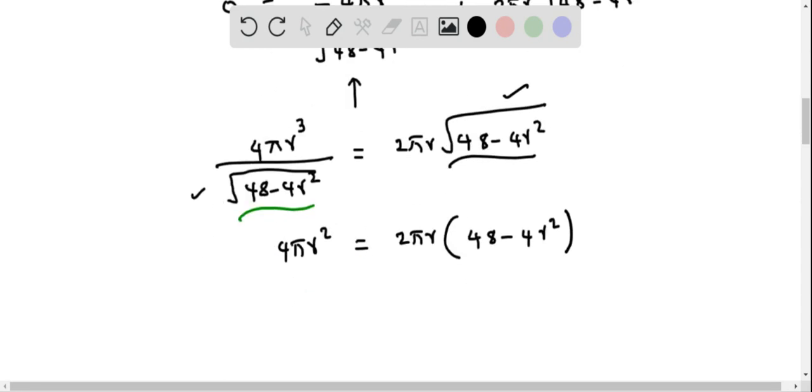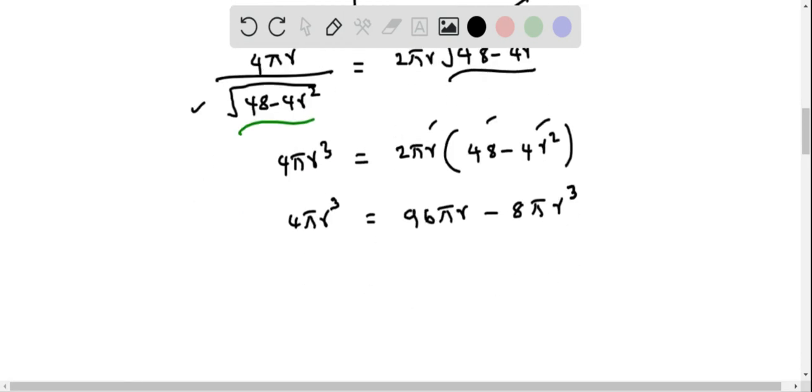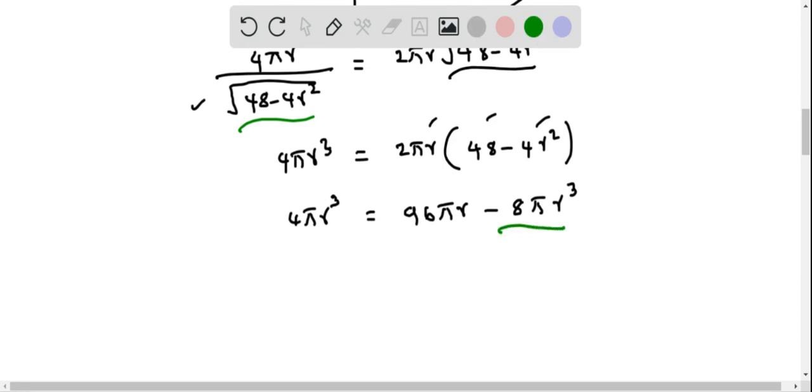Let's simplify the right side expression. So here this one is 4 pi r cubed, and this equals, let's distribute this, 2 pi r times 48, 2 times 48 is 96 pi r, minus 2 pi r times 4r squared, and this equals 2 times 4 is 8, we have pi, and then r times r squared is r cubed. Now we add this expression to both sides, and doing so, we already have 4 pi r cubed, so it will be 12 pi r cubed. This equals 96 pi r,